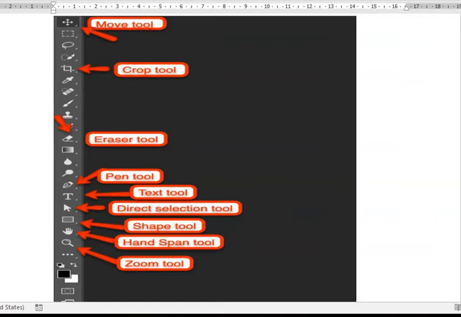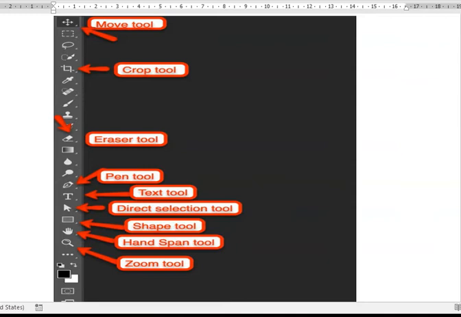Then you can choose Windows from the menu bar and select the tool panel to make it visible on the left side of the Photoshop window.